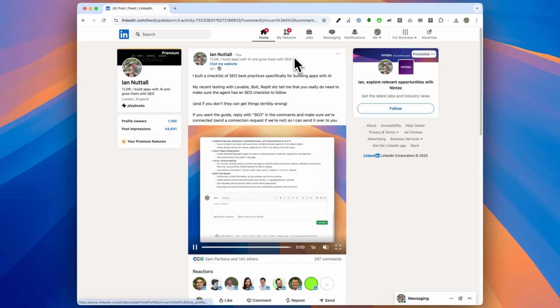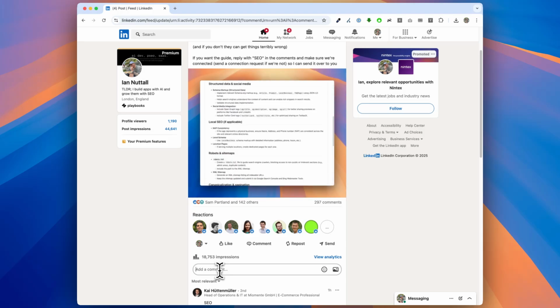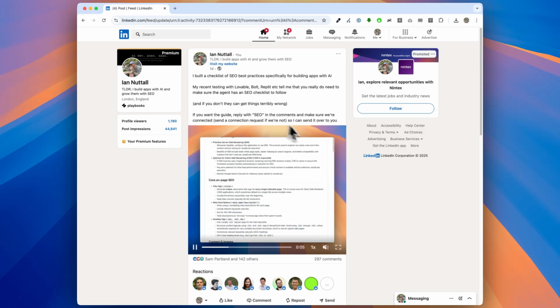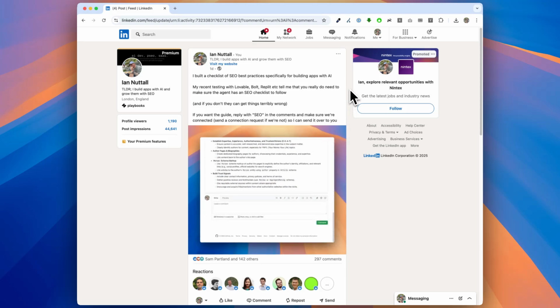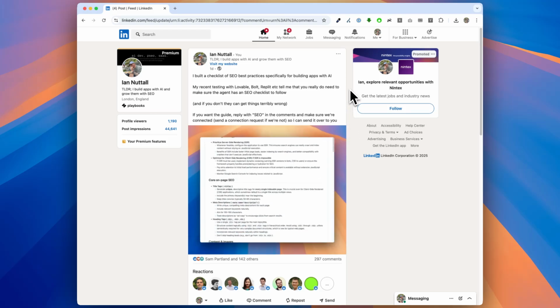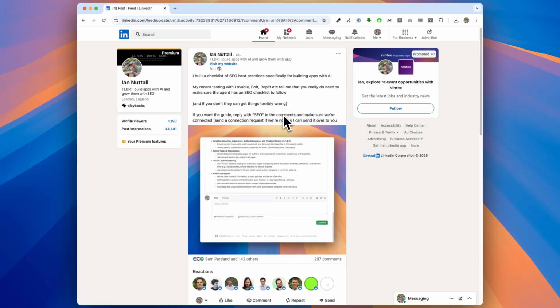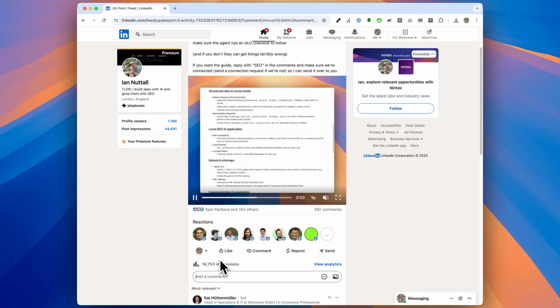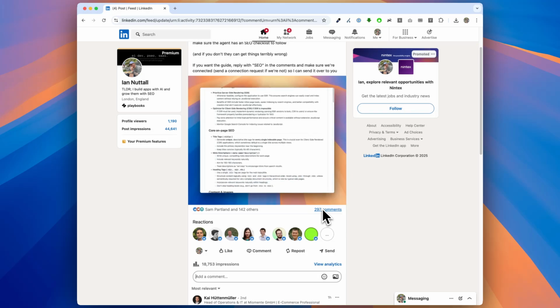And now I need to figure out how to actually send this to them. I could paste it in the comments here, but nobody would see it really. I could do a new post and say, hey guys, sorry about this. Yeah, I just wanted you to send the request and then I'm just going to do a post with the link anyway. But links in posts on LinkedIn get heavily discounted as well. They don't get seen.